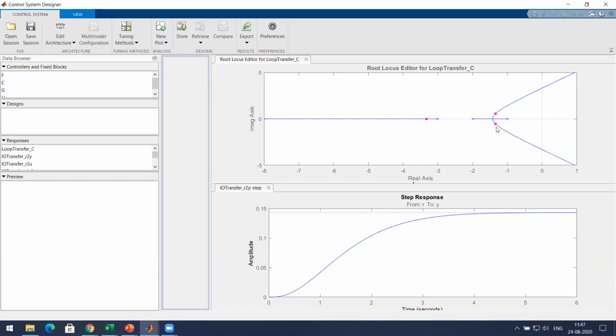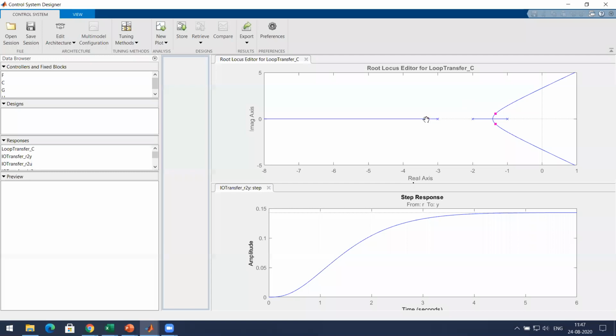What is this color? Magenta. So what are these 3 things? What are those? Can you just show it again?